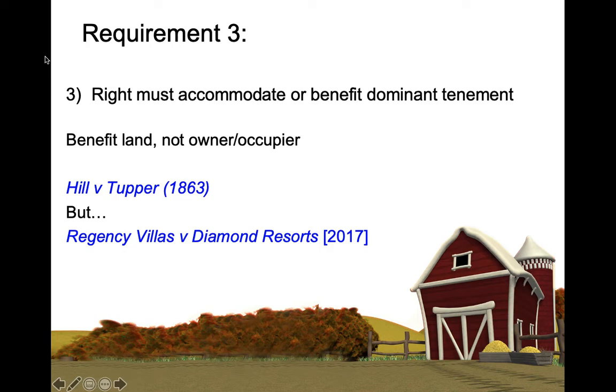However, we have the waters of this significantly muddied by the Regency case in 2017, updated then in 2018 in the Supreme Court. So we have one decision 2017 and then we have 2018 updates. So 2017 allows for some uses that we would not have generally recognised as being sufficient to be easements, because we would have seen them as purely personal prior to that, and then in 2018 it expands it even further.